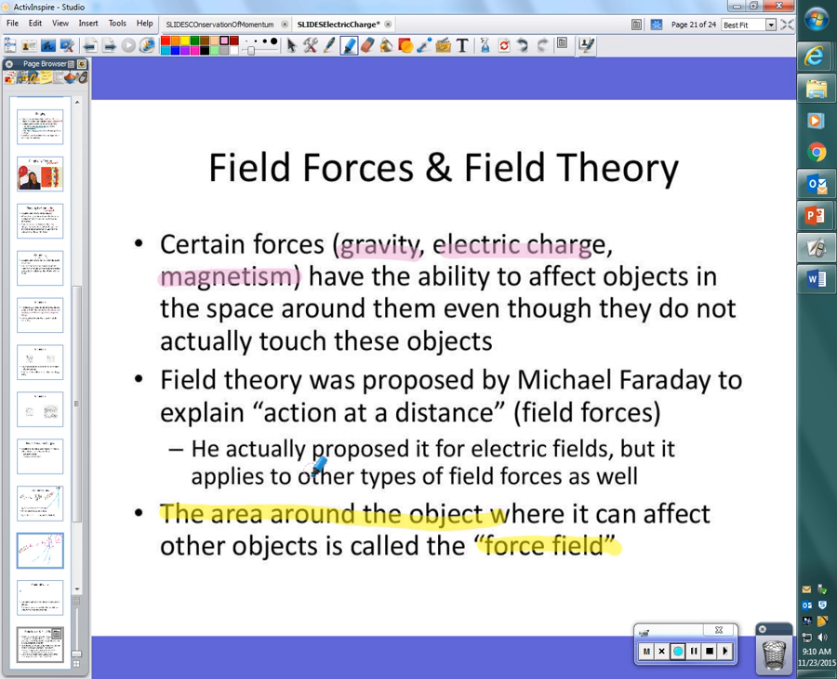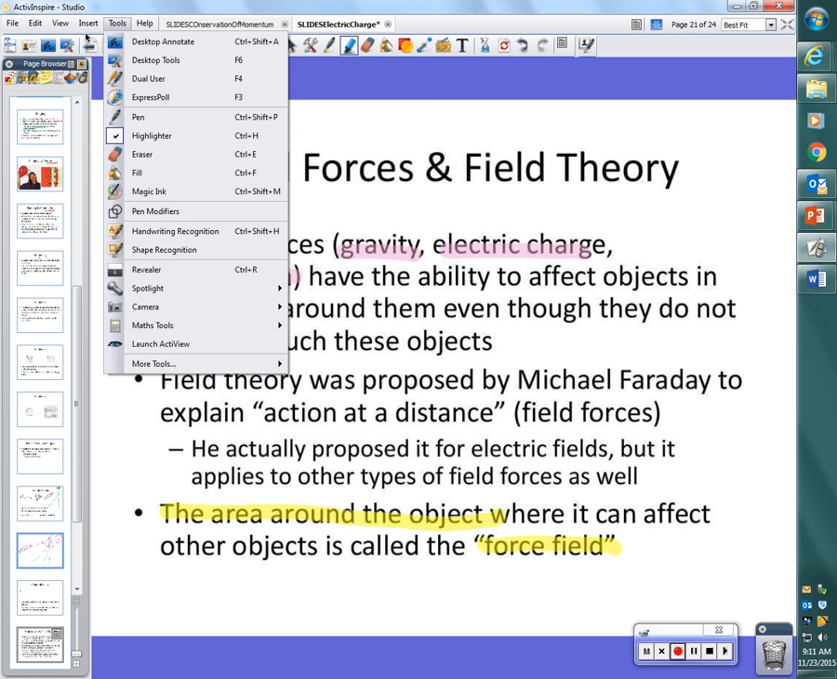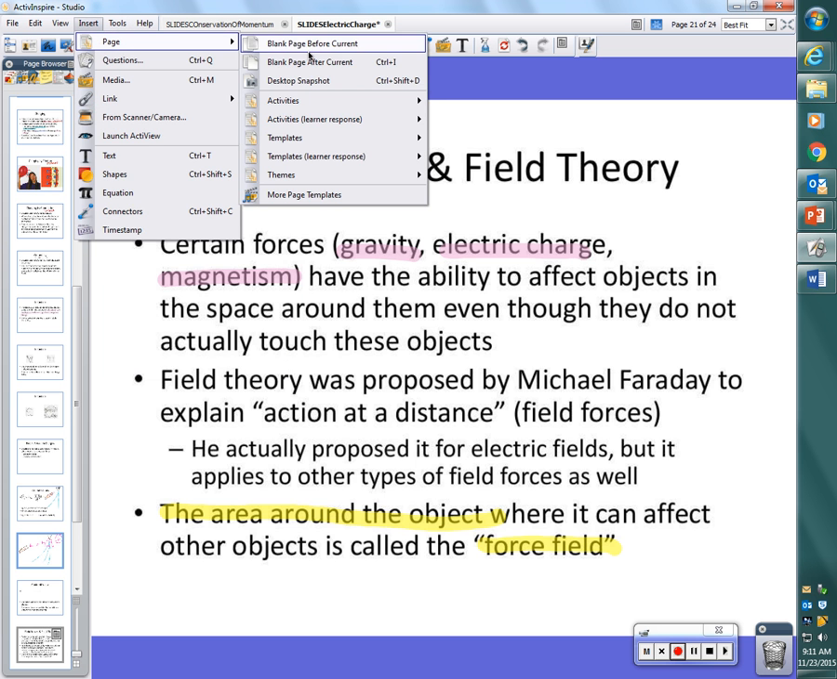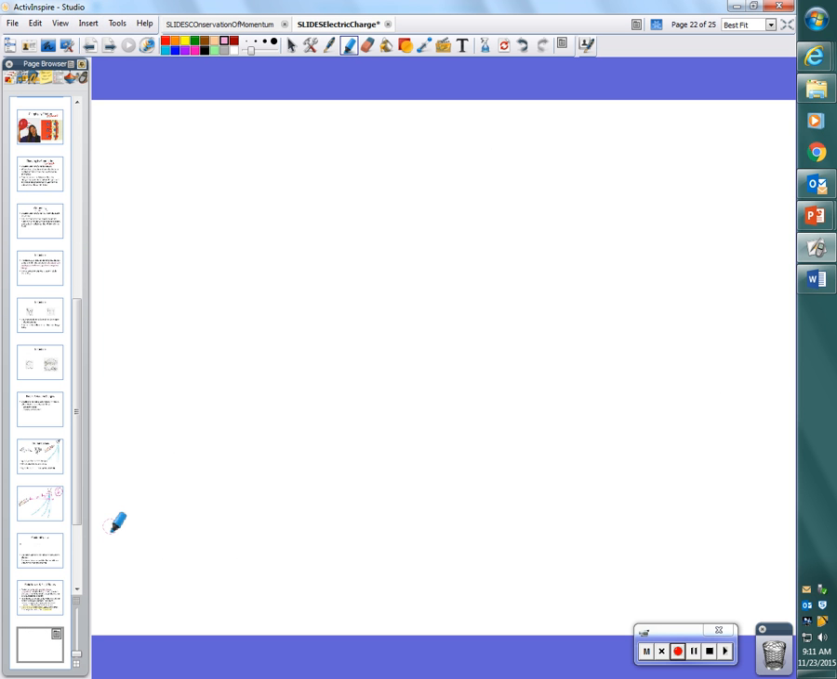We generally represent this field with arrows. So, if we had to draw the gravitational field of the Earth, it would look something like this. So first,